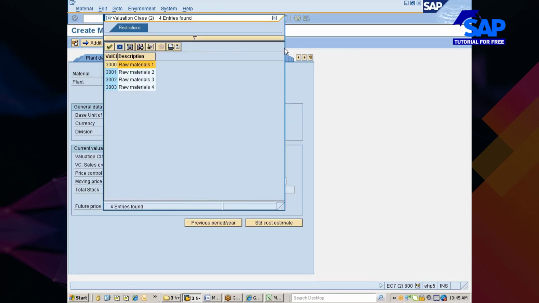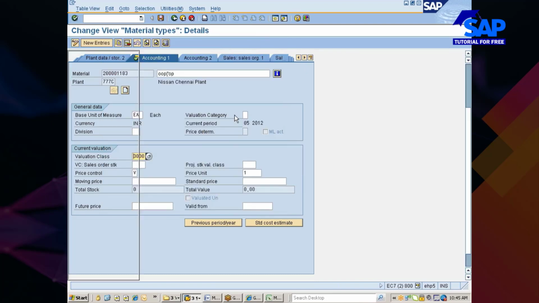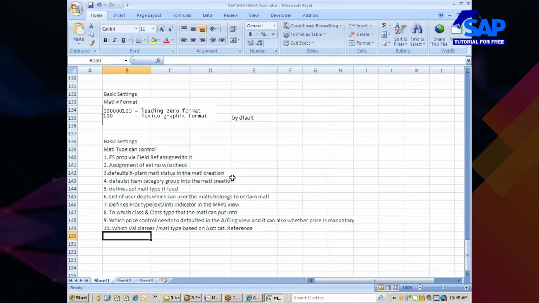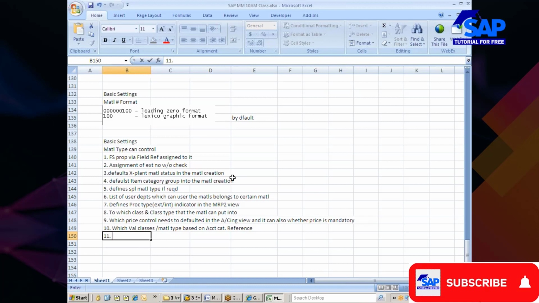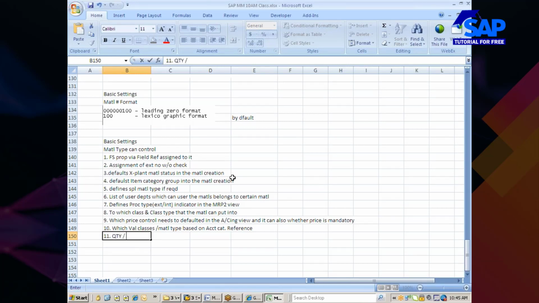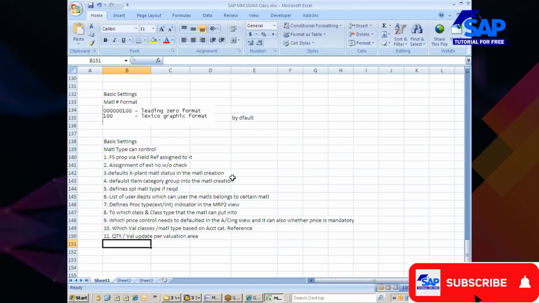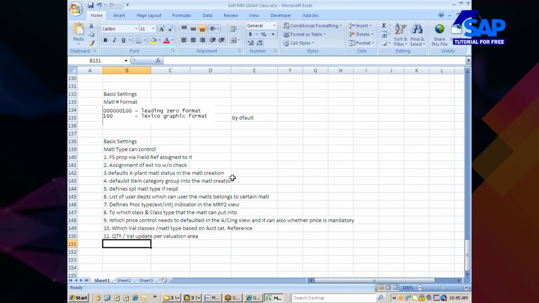And then there is something called quantity update and value update. It controls quantity and value update per valuation area. What is valuation area? Can somebody tell me what is valuation area? Hello?